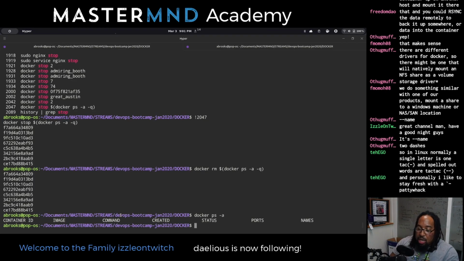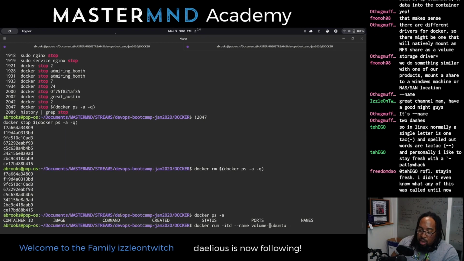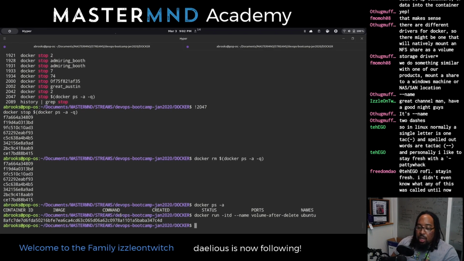But if I spin up another one, if I do another run, and let's call this one volume after delete, and we run this. Oh, whoops, that's actually not going to work. Let's stop that because we did not attach it to anything.